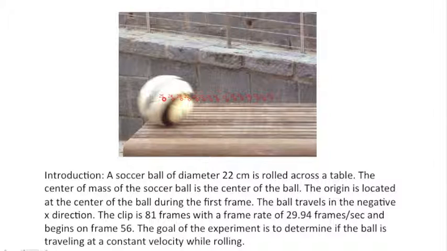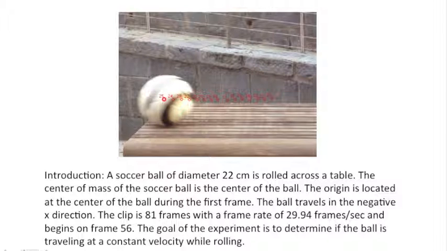The goal of the lab was to test Newton's second law by filming an object moving at the same speed in the same direction. The object of my study is a soccer ball rolling across a table. The ball has a diameter of 22 centimeters. The origin is located at the center of the ball in the first frame, and the ball is traveling in